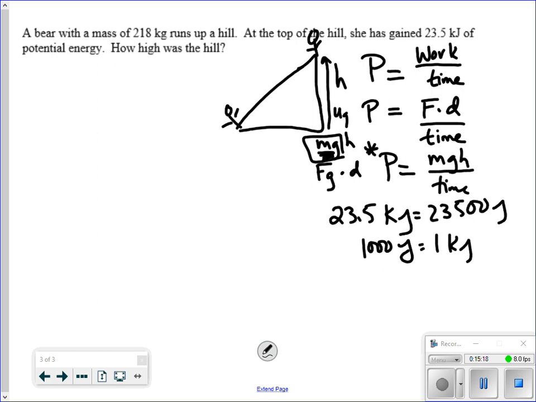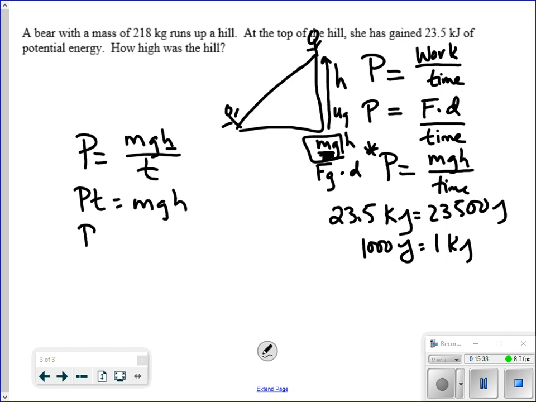So if I'm going to figure out how high the hill is, let's work with the whole thing here. Power equals mgh over t. Because we're lifting, we want to isolate h. I'm going to multiply both sides by t. Pt equals mgh. And then I'm going to divide by mg, and then it'll give me h. So,